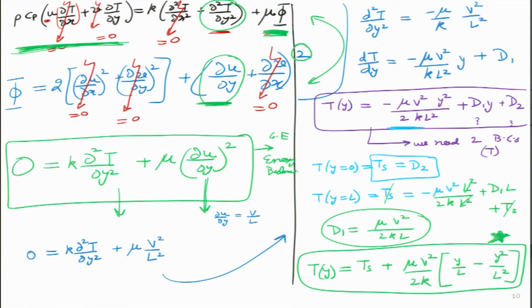And what is it a function of? It is a function of Ts, which is something known to us. Then fluid properties mu and k, and the flow property velocity. It is a function of the length or the height, the distance between the two flat plates, and the only variable over here is y. So, I can keep on changing y and I can get the value of T. What I would like to do is draw this particular profile over here, but I don't find any space. So let me move on to the next slide.